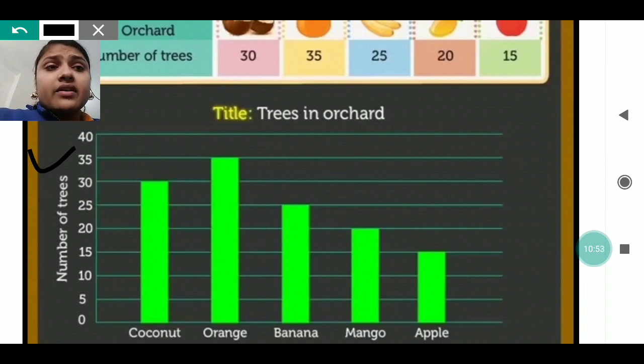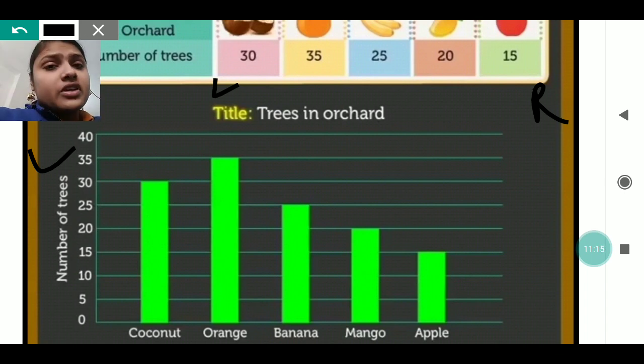Looking from the last, from this right side, we can see that from 15 it is again increasing by 5, then again increasing, again increasing. And from the left, if we see, it is decreasing by 5. So the difference should be 5 from one number to another.